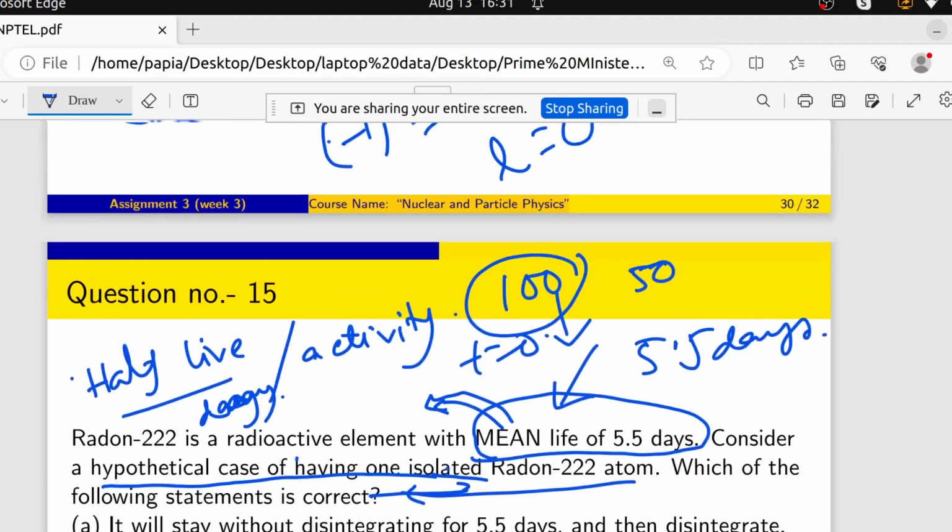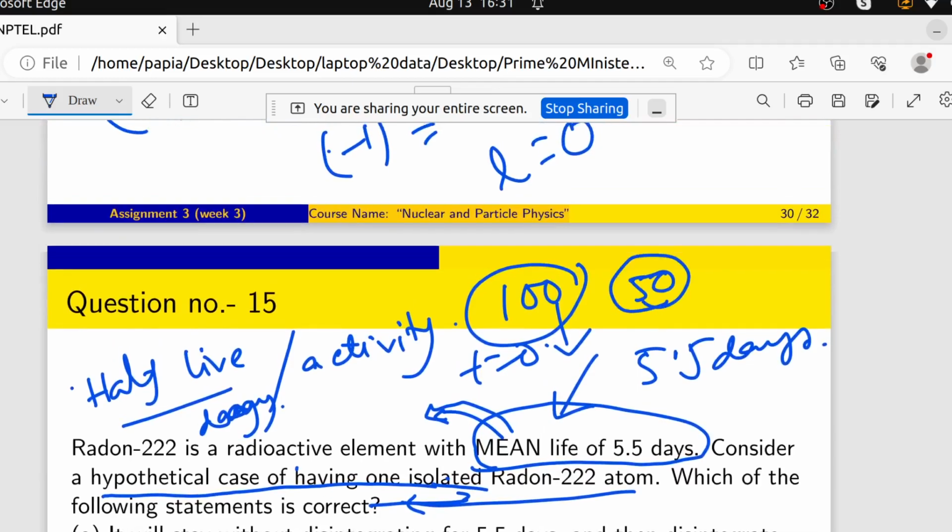See here, I have already told you that 50 disintegrate if it is a half-life of 5.5 days, and the rest of the 50 will be there. So let's say which one we have considered. If this one is in that 50 disintegrating particle component, then it is already decaying. But let's say this particle is inside the other 50, that means it will not decay even after 5.5 days. So this is the case. It is a probabilistic thing. It is possible that it stays without disintegrating for many days after the 5.5 days.